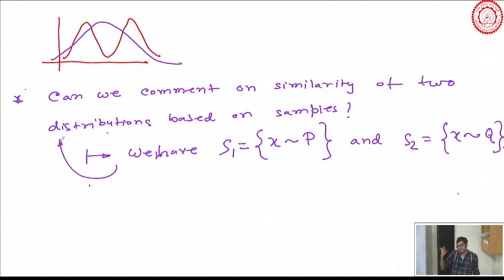And then if that metric is a distance, and it is less than some threshold, it cannot be zero, obviously. Even if they are from the same distribution, because you are drawing random samples, it will not be zero. But if it is less than some threshold, you can say they are almost the same. The null hypothesis is correct, you can accept it. And if it is greater, you can reject the null hypothesis, which means the alternative hypothesis gets accepted, and then they are not the same. Okay. So that is the whole idea.